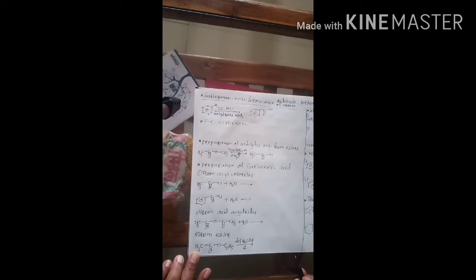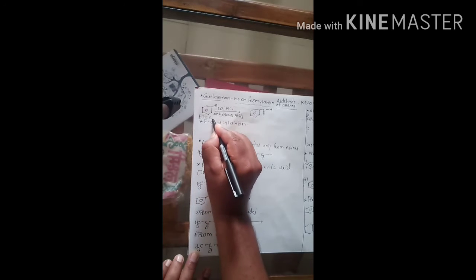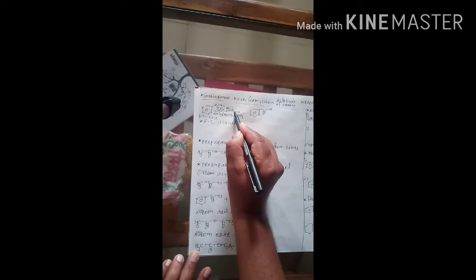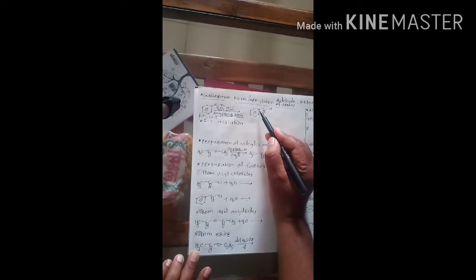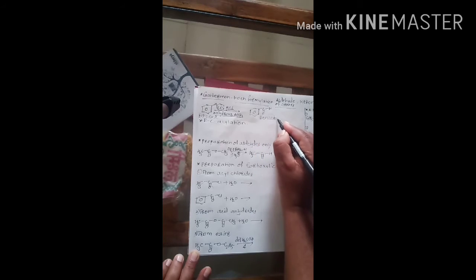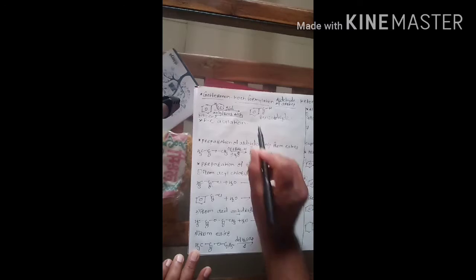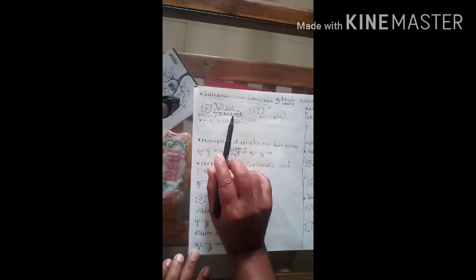As you know, arenes are aromatic compounds. So when benzene is treated with carbon monoxide in presence of HCl and anhydrous AlCl3, this carbonyl group is inserted between carbon and hydrogen to form aldehyde. So this is benzaldehyde. This reaction is also known as formylation reaction. So remember, formylation means formation of formaldehyde.